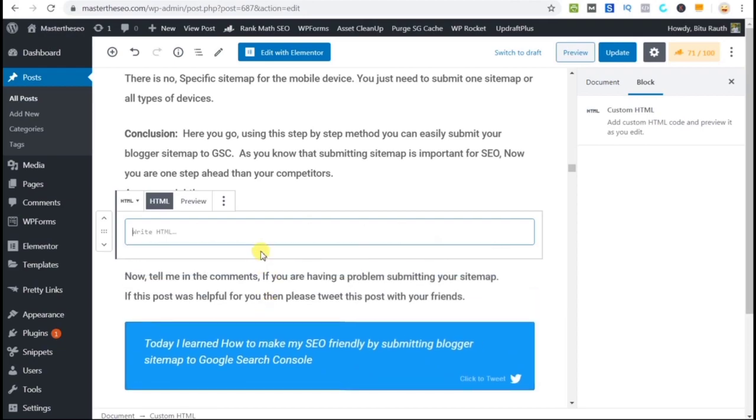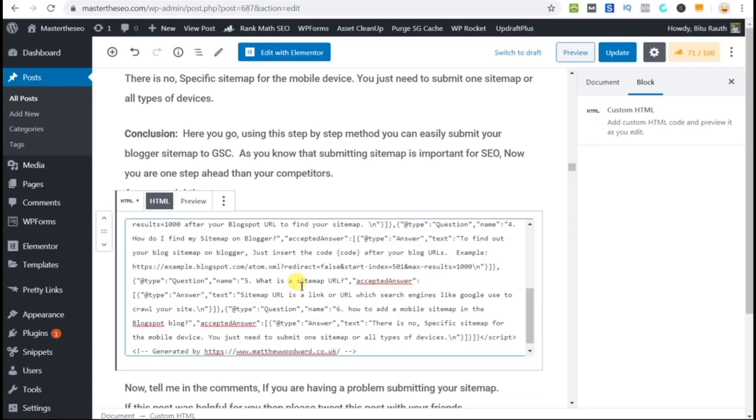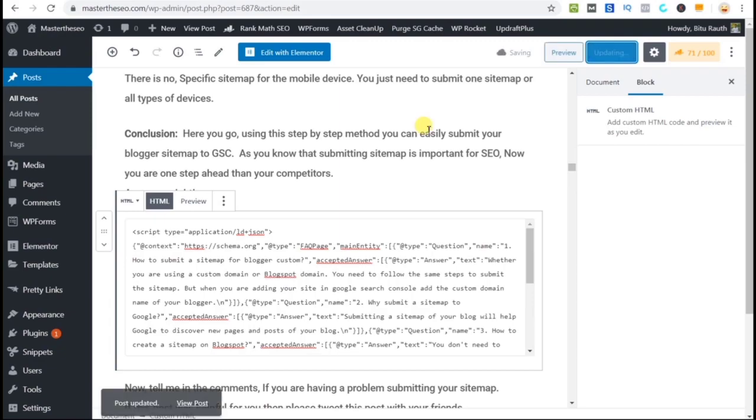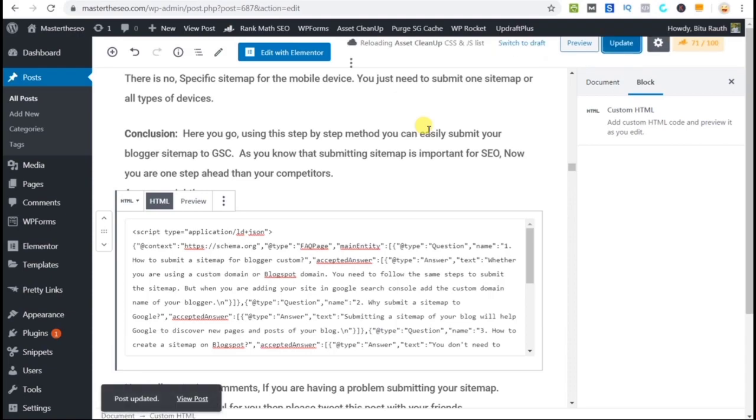It will add a custom HTML block in your blog post, which will not be displayed in the blog post. So add all the script here. Now click on update post and here you go. You have successfully added FAQ schema in your website.